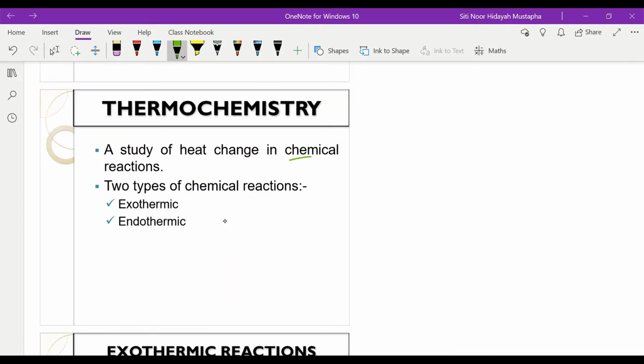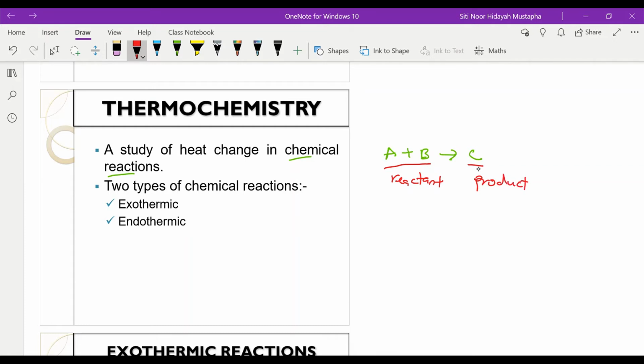Chemical reaction means you have A plus B is equal to C. This is what we call a chemical reaction. So whatever A and B equal to C, your A and B can be understood as the reactant, and this is the product. Alright, so